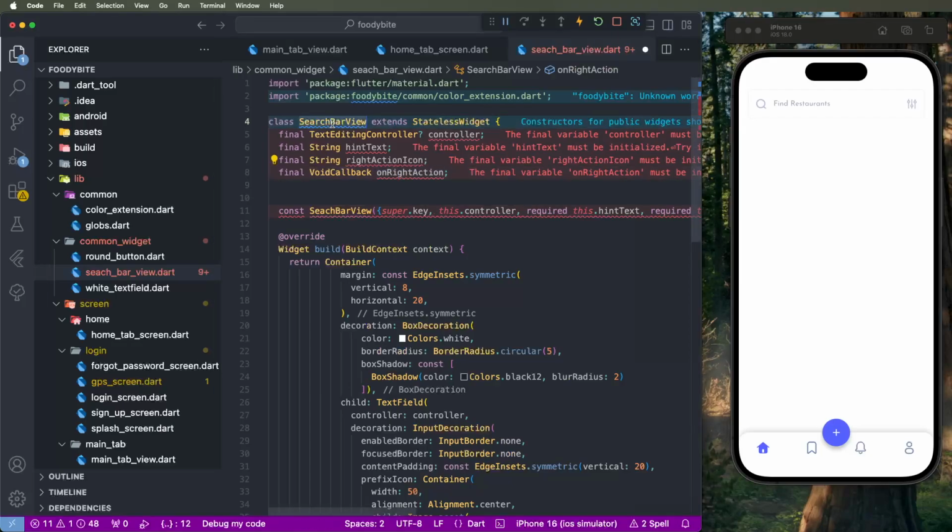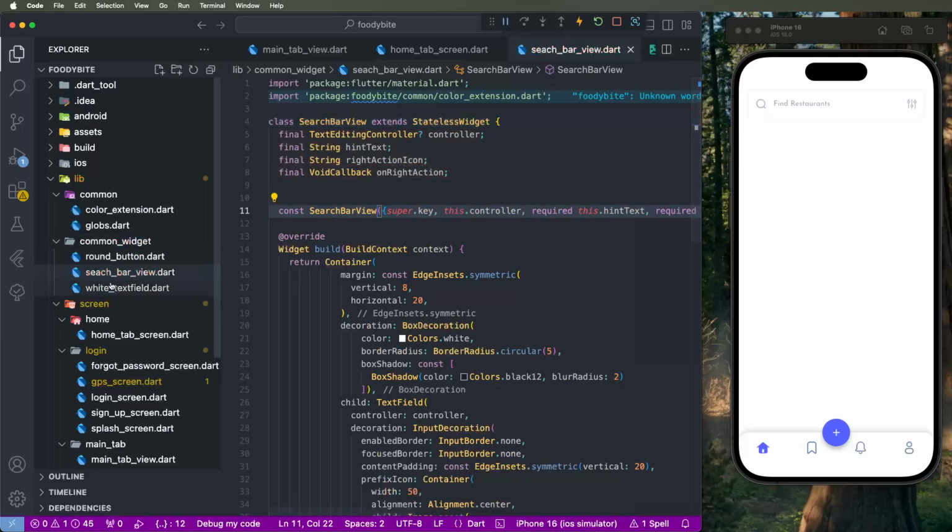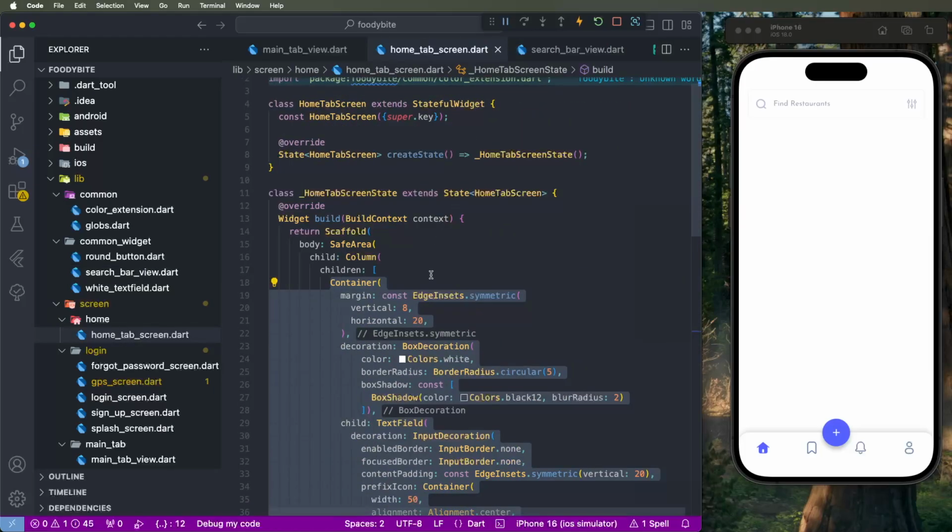Need to fix this typo, copy and paste this here, also rename this file and save. Now we need to go inside the home and create here